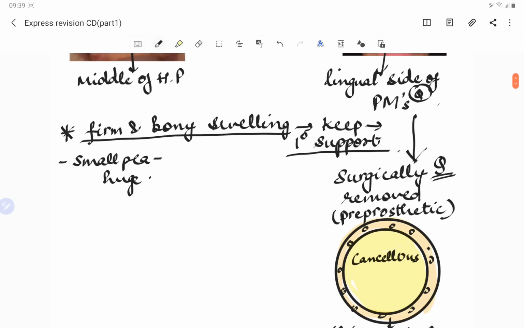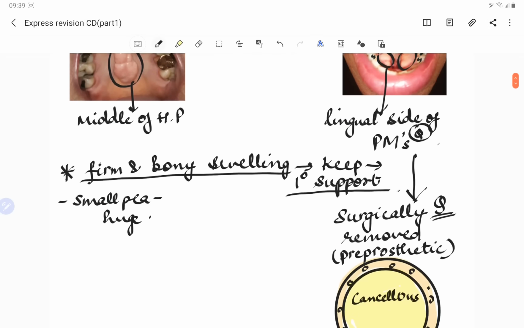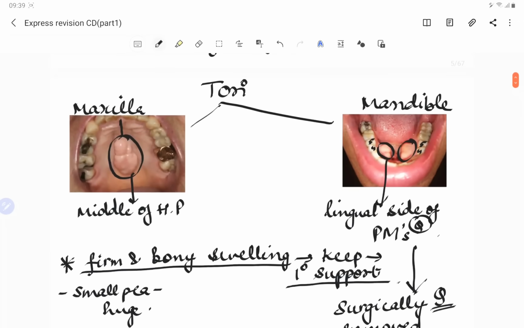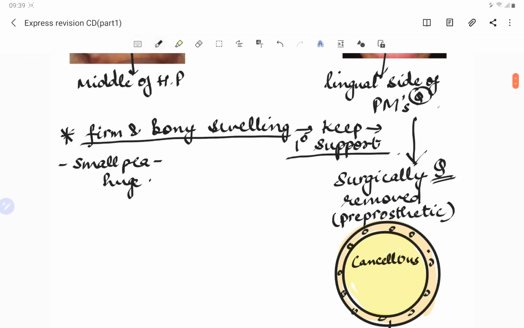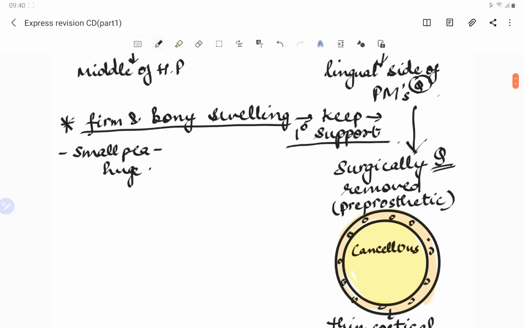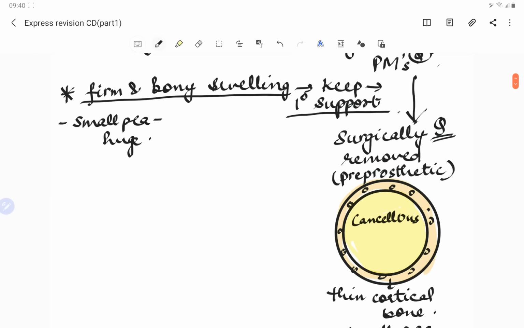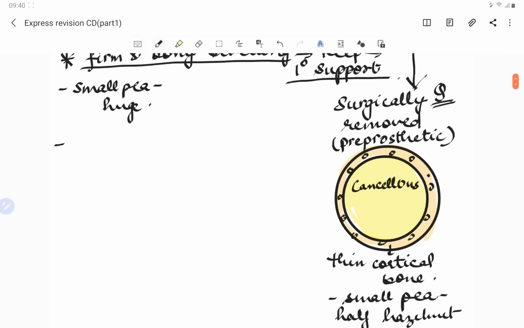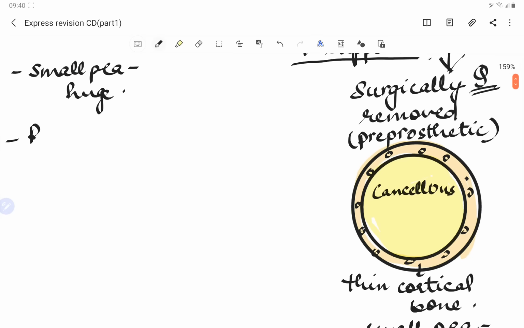But when it should be removed in the maxilla, mandible, we know that of course for sure it should be removed, surgically removed. There is no other way that we can relieve it in the denture. But when should it be removed in the maxilla and when should it be kept? So in the maxilla it should be removed, surgically removed, if it is extending